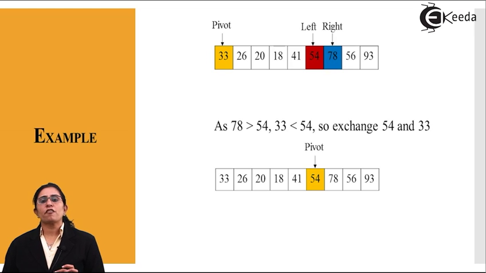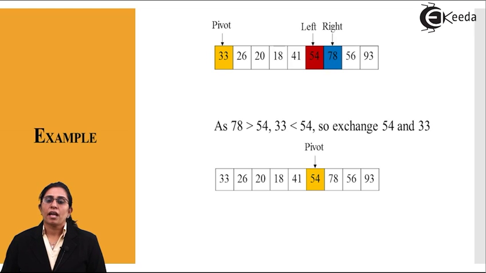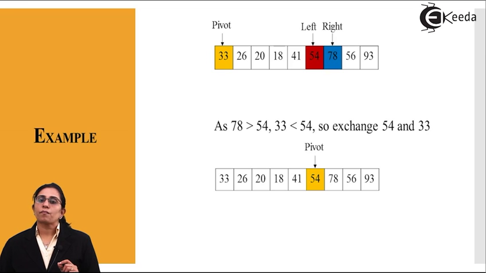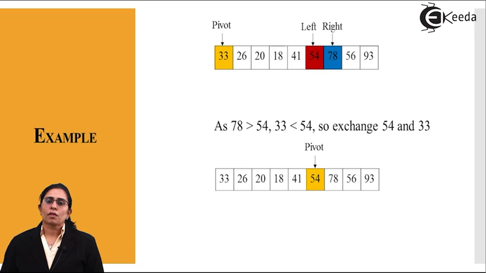So when I reach left plus plus and left is 18, 18 is again less than 33, and we observe that right remains at 41. Now as there is no exchange happening and again I do left plus plus, my left reaches 41, that is, it becomes equal to right. And at this stage, the left and the right are going to exchange each other. So that is the place where my 33 will be placed, and I will swap the values of 33 and